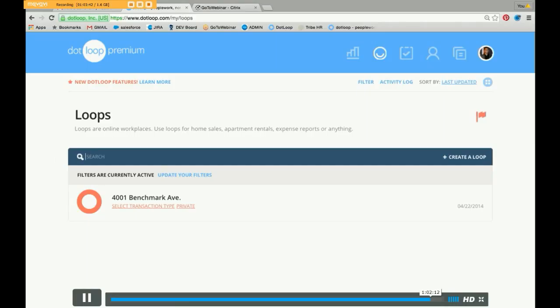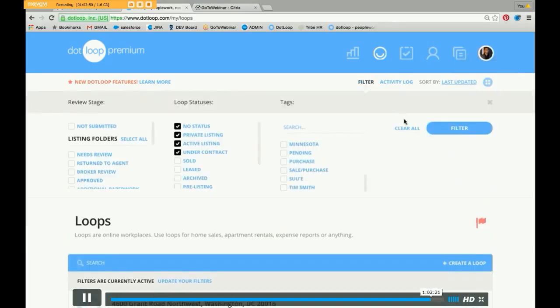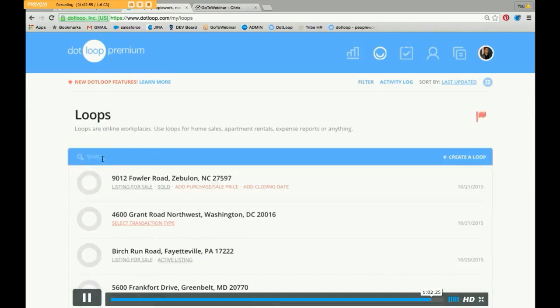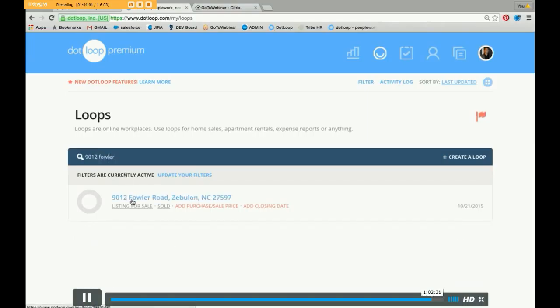So for the beginners out there, if you ever create a loop and you can't find it for whatever reason, I suggest you go to the list view, click filter, click clear all, click filter once more, and then use your search bar to type in a keyword of your loop, and there should be no reason why you can't find it. So there is no deleting a loop, there's only archiving,